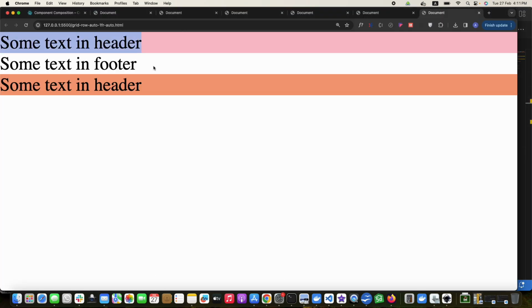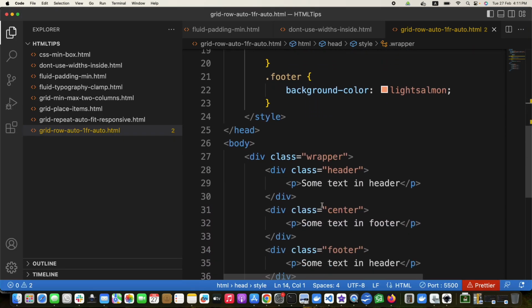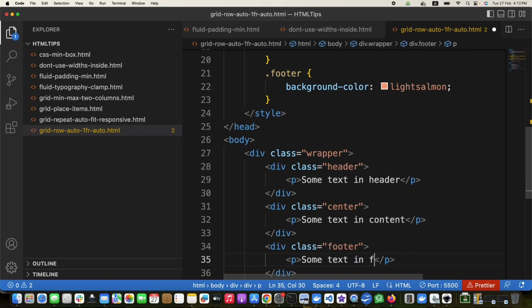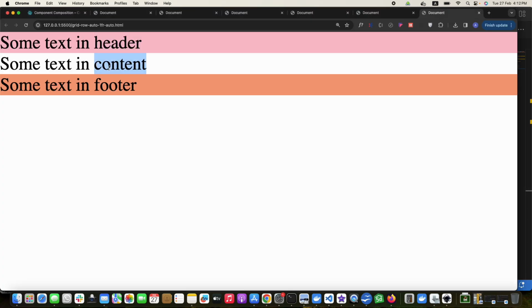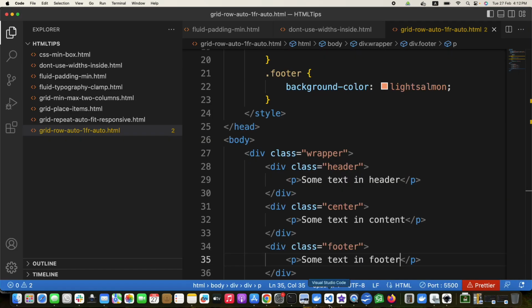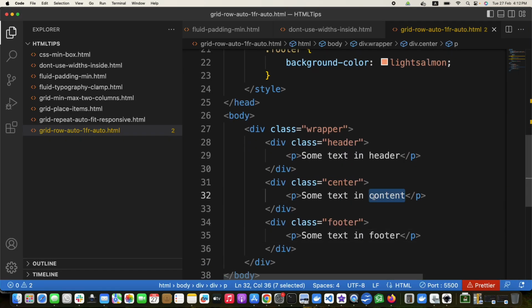So this is the header, this is the content, and this is the footer. Ideally you should have the footer at the very bottom and the header at the top, and then the content. So if you increase some content, for example, right now I add some lorem ipsum,